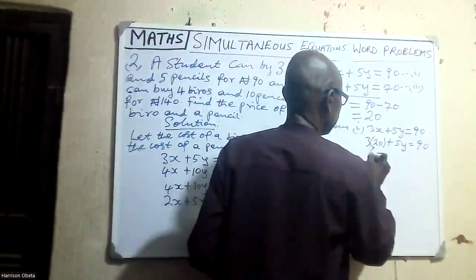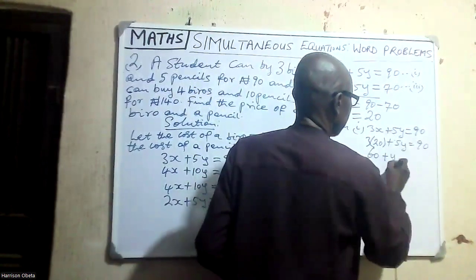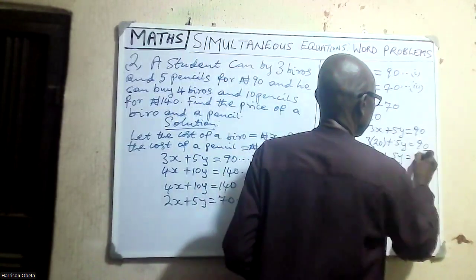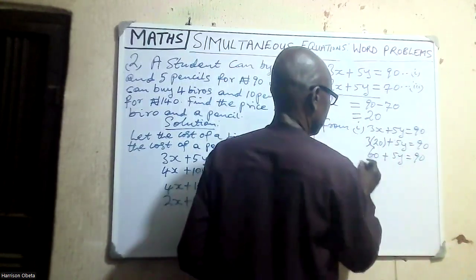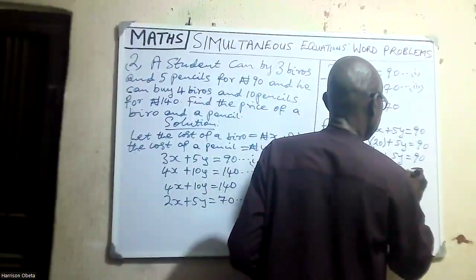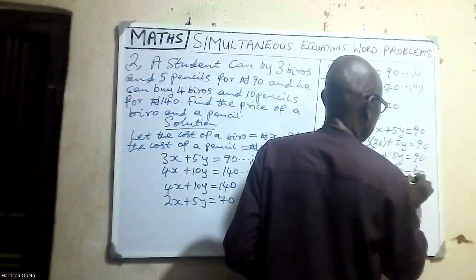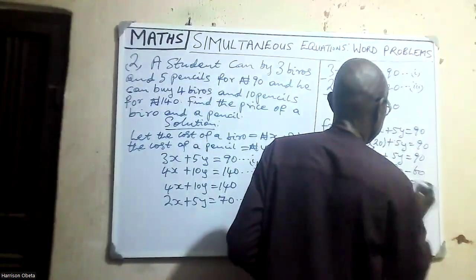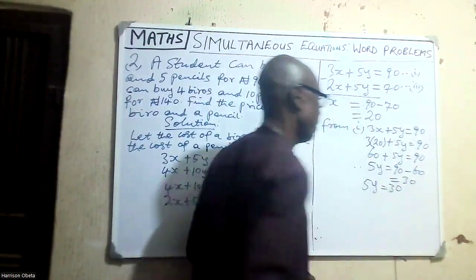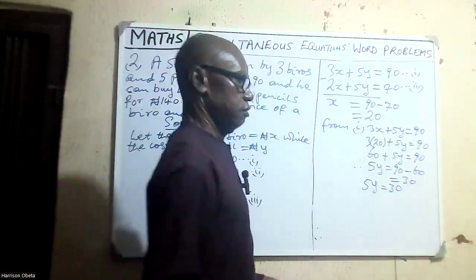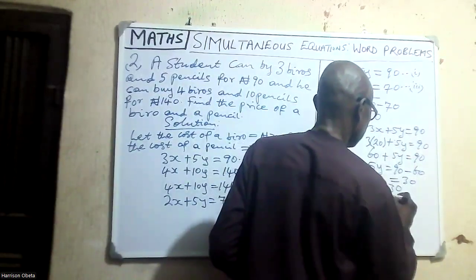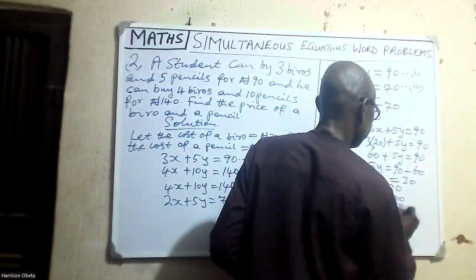And then that will give us 60 plus 5y equal to 90. Therefore, 5y is 90 minus 60, which will give us 30. If 5y is 30, divide through by 5, that will give us y is equal to 30 over 5, which